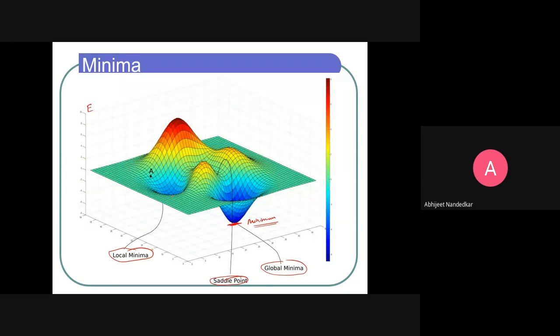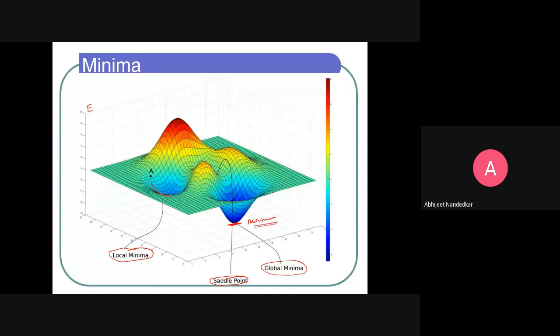When you take this other point, your gradients are 0. You can see the derivative along this axis is 0. How do I find minima? I take the gradient, or partial differentiation with respect to all the variables, and